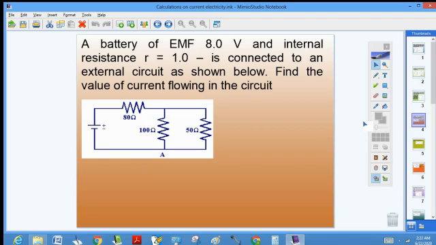To solve this problem, we have to first resolve the resistances that are connected both in series and parallel. We have to resolve it to have the effective value of the resistance in the circuit before proceeding to calculate the current. So solution: